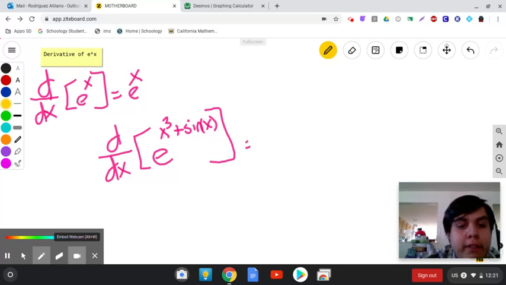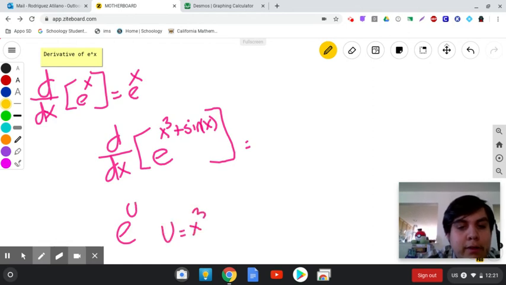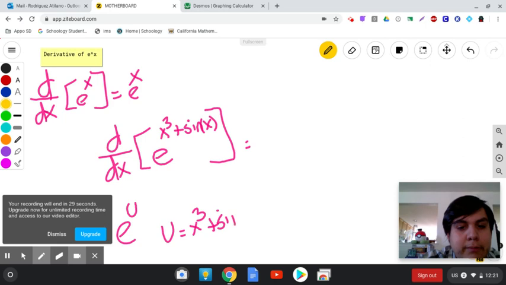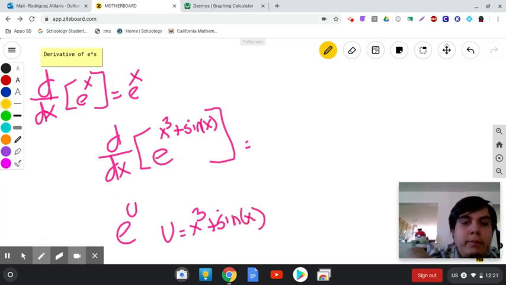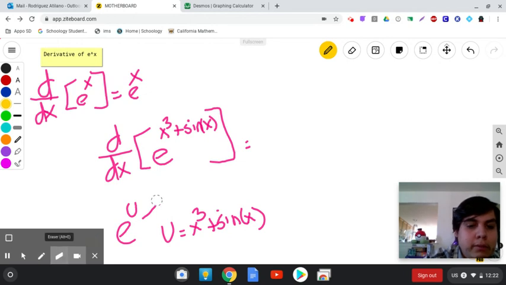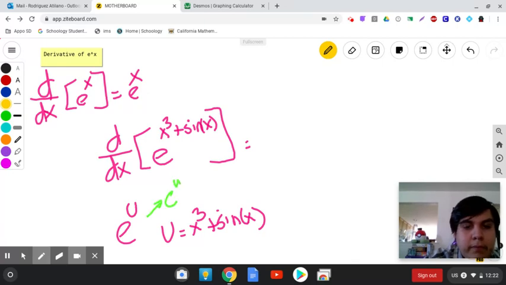The outer function is e to the u if I let u equal x cubed plus sine of x. So take the derivative of the outer function, which will just give me e to the u, and this will just